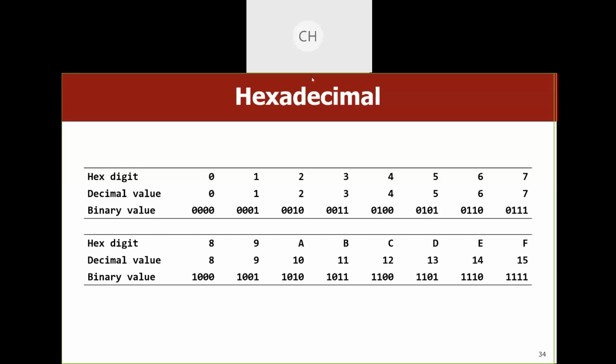See this. What we have here? We have decimal numbers 0, 1, 2, 3, 4, 5, 6, 7, 8, 9. Once the numbers are over, what we do? We take the first number 1, and we add 0 to it. So this will become 10. Likewise, in hexadecimal, we have numbers 0, 1, 2, 3, 4, 5, 6, 7, 8, 9, then A, B, C, D, E, F. After F, we don't have any numbers. So we have to combine some numbers. We'll take 1, the first number, and 0. So 10 in hexa is equal to decimal 16.